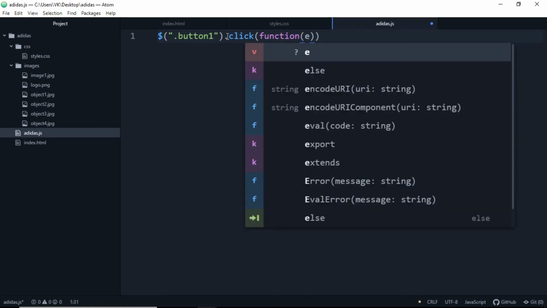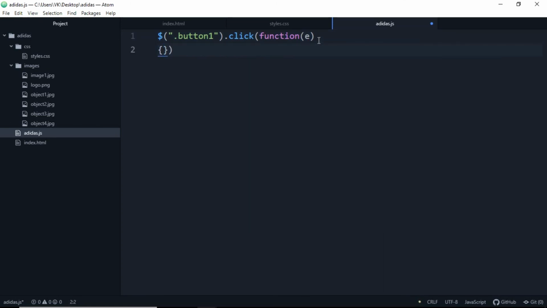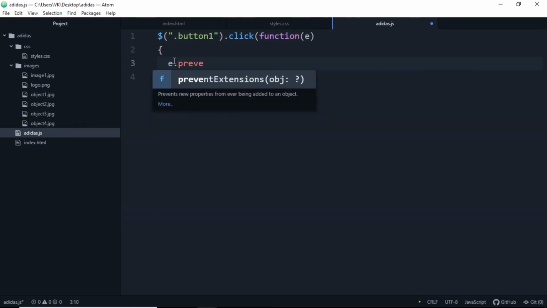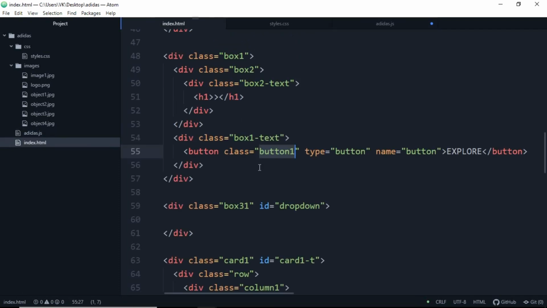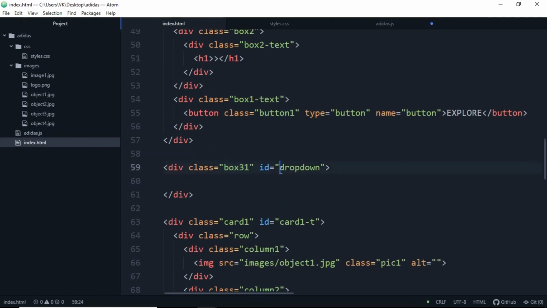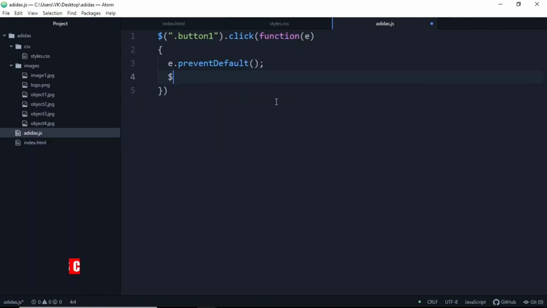We're gonna add e after the bracket and we're gonna add curly braces here. So e dot preventDefault, the default settings of the page will be prevented. Add a semicolon here. I'm gonna access this box 3.1 which has ID dropdown. So hashtag dropdown.